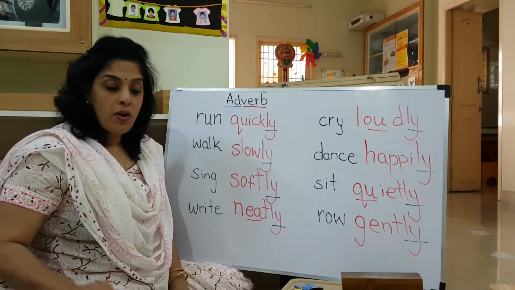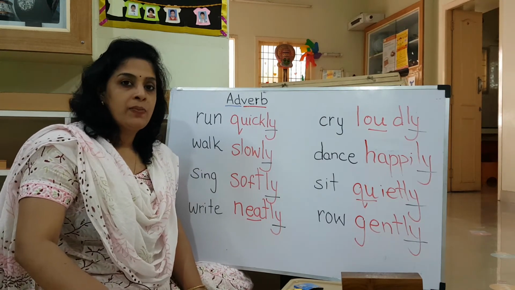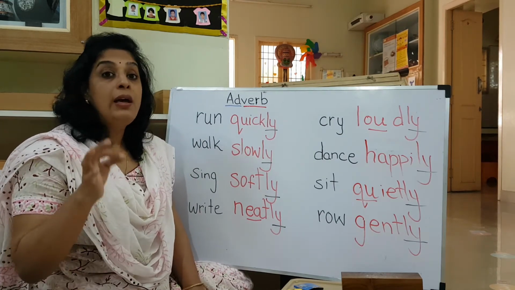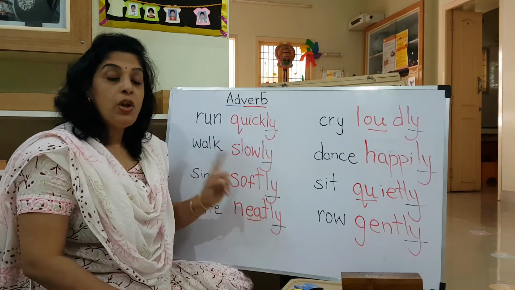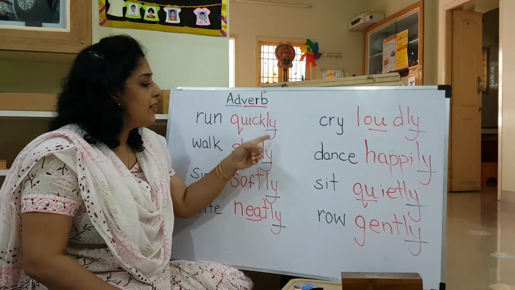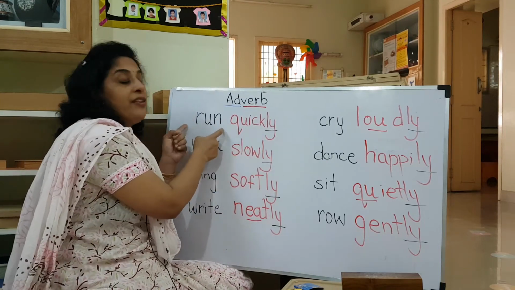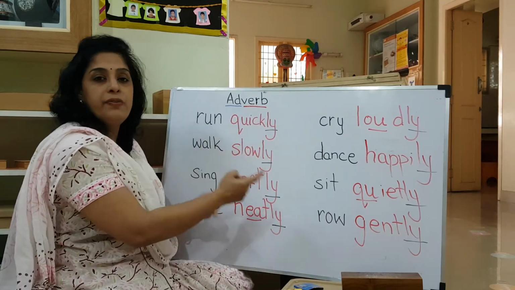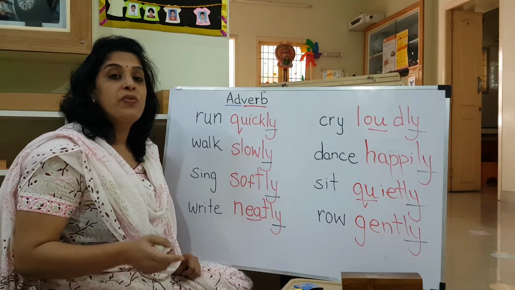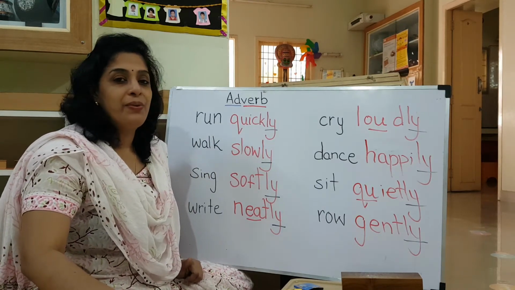Okay, so in your workbook on page number 32, there are sentences. I want you to circle the adverb alone, the li words. Will you all find out that adverb? One quick clue for you to find out is it will always end with a li. Okay, and just before that adverb you will find the verb. Like a friend of the adverb, it will be sitting next to it. Okay, so this is one easy task for you to find out and differentiate between verb and adverb. Will you all do it? You will have fun doing it.